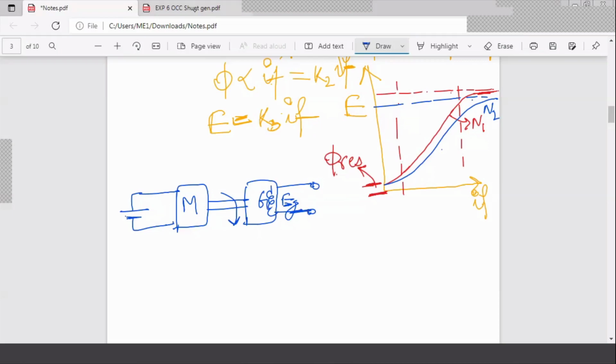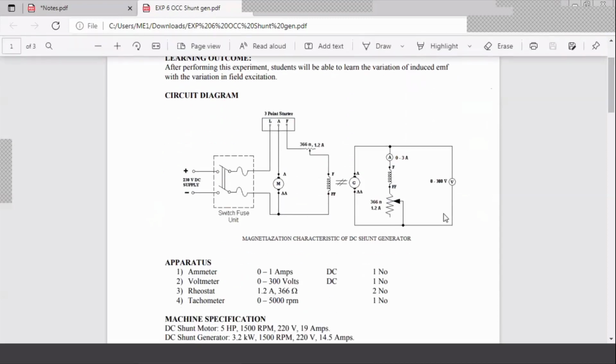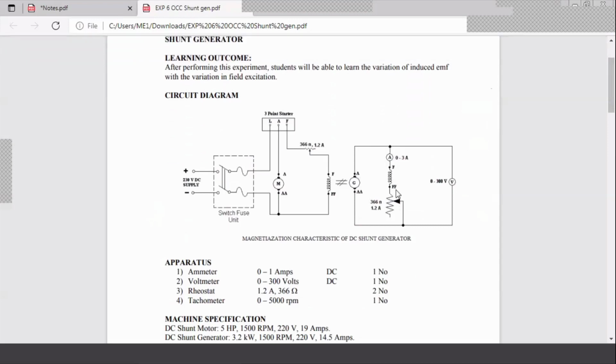So if I go to the main circuit diagram, you can see here, this is your main circuit diagram. The right hand side is the one which is your generator. In generator, I told you there is armature coil between A and AA. So that is inside this. We are having two carbon brushes and these connections are taken out, and outside you can see there is a field winding F and FF, right? And to control the field current, we are connecting it with a field rheostat. There is a variable resistance which is connected here. Everyone can see this?